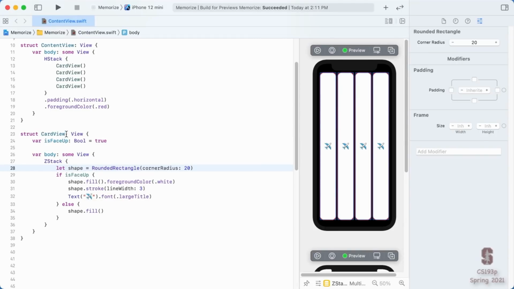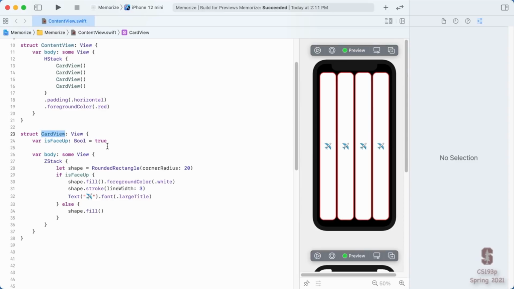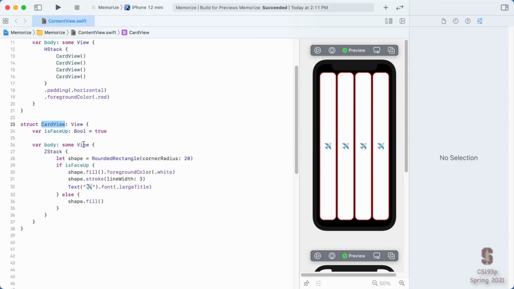I told you that something that behaves like a view, like our card view does, or even like our content view does up there, not only knows how to draw in its rectangle, but it knows how to receive multi-touch events and react to them. And we're actually going to spend pretty much an entire week talking about doing that. But the simplest way is a tap gesture.